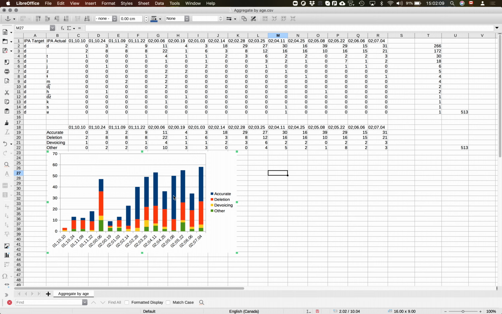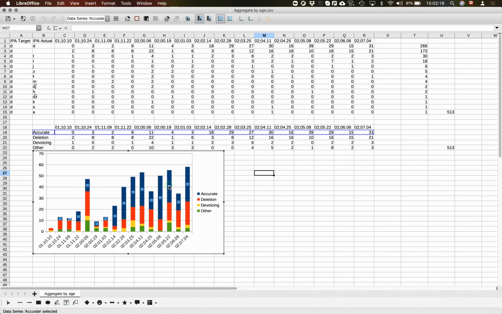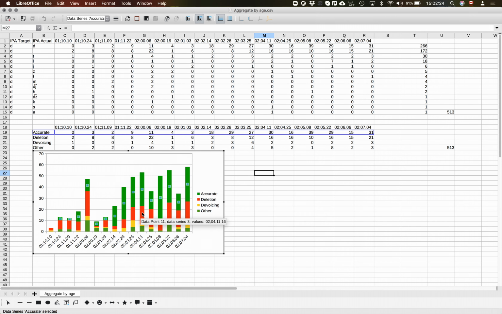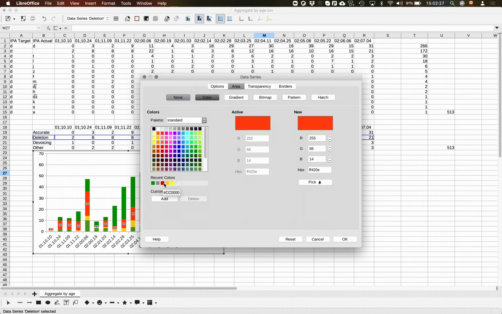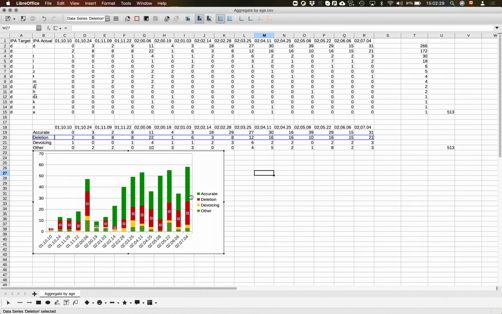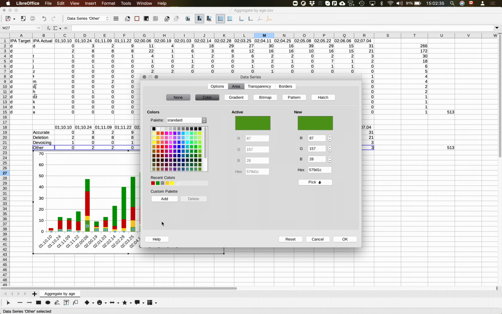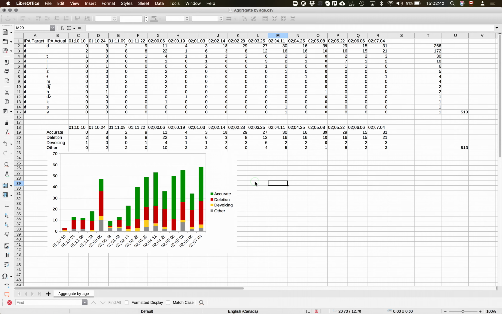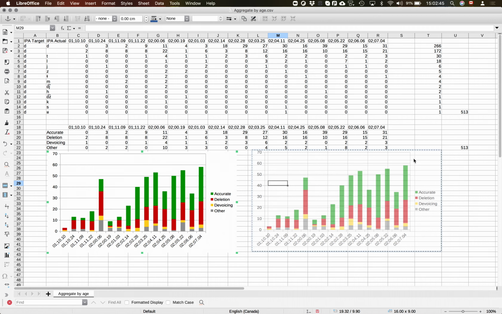And one of the schemes I like to use in my own research or with my students is to paint the accurate productions in green. And in LibreOffice, you double click on the area, and then you can from there pick your color for the area. And the deletions in red, I'm just going to use a darker red just for sake of demonstration. My devoicing is already in yellow, and I could turn the other pattern into some kind of a more neutral gray. And with that organization now, we have the story of Katochia's productions of D and singleton onsets